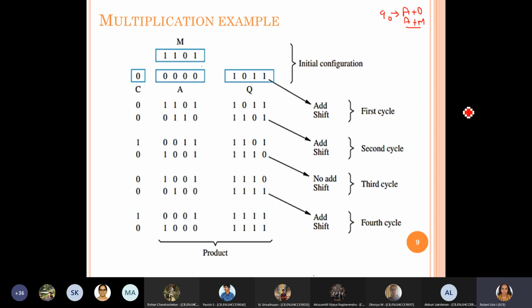Have you people done working out? Whatever is there, I have asked you to work on for your better understanding. Is somebody responding? At least tell me up to what cycle you have done, even if not completed fully. Yes, ma'am, completed. Okay.